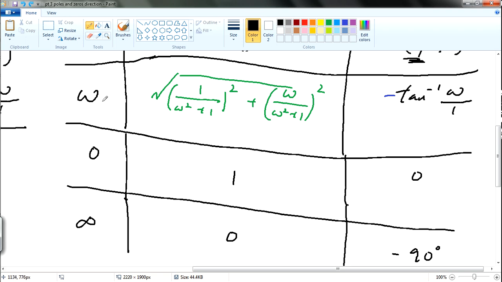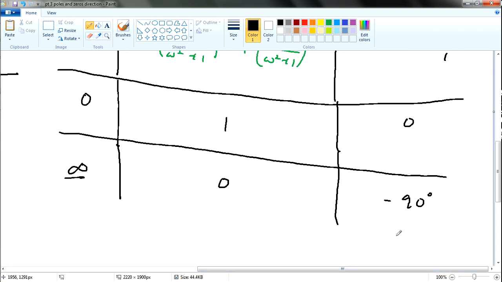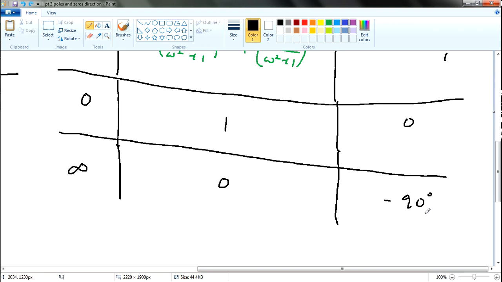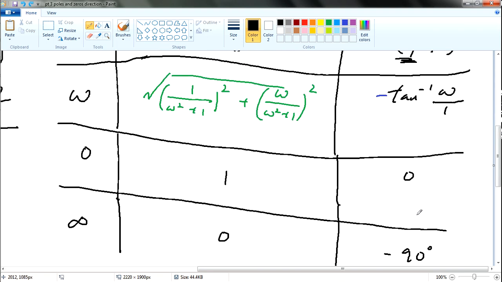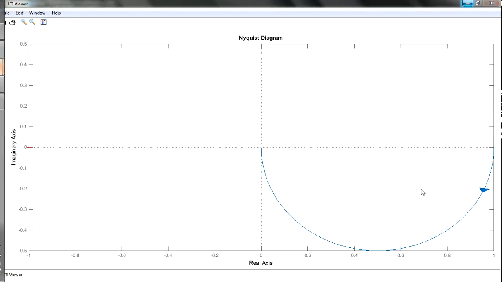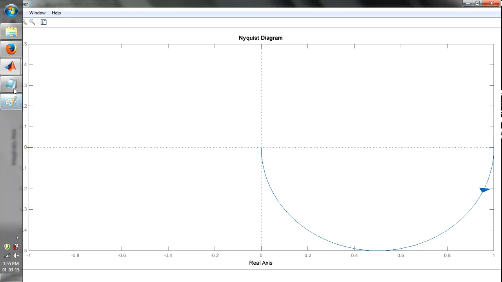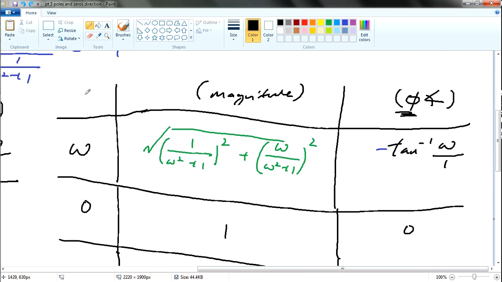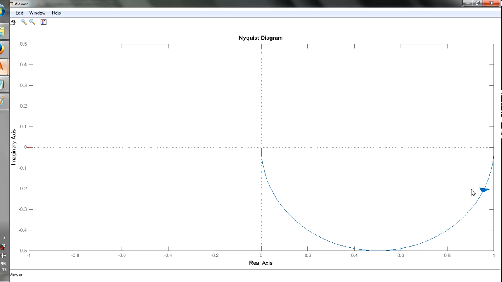And if omega is infinity, the tangent inverse of infinity, or of any big number, will get minus 90 degrees. So therefore we have this thing. And if you take a look at the root locus, if my frequency omega is equal to 0, my magnitude is equal to 1, which in this case, if I take a look,